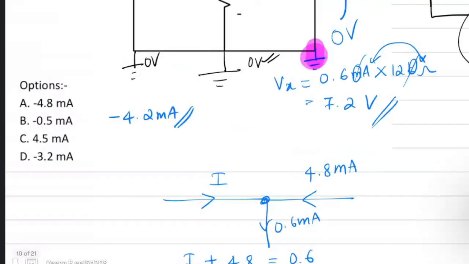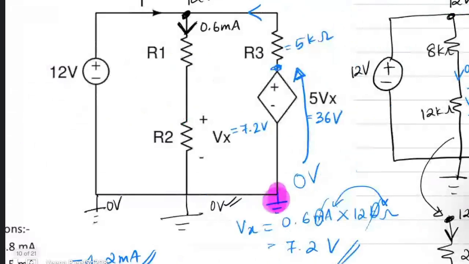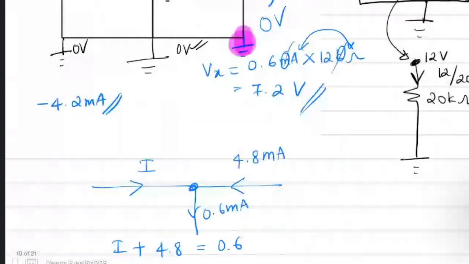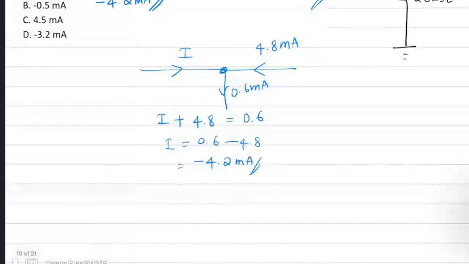Is this clear? You can opt for Kirchhoff's, you can apply your own method, you can solve KVL equations, you can assume two meshes and solve for KVL equations, or you can directly write node equations from here. Anyways, whatever way you do, I just illustrated one method from the circuit itself. You will end up with the answer of minus 4.2 milliampere. If there is any doubt, please raise your hands.